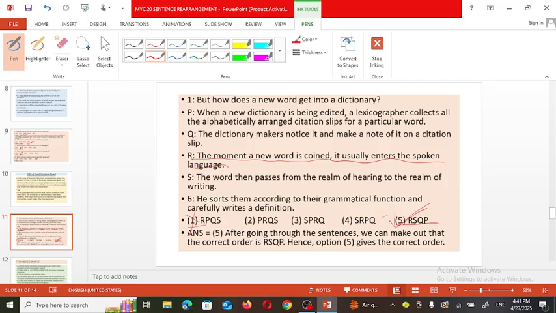So a very easy method is to compare the given options. Immediately after that, only these two options were open to us. And when we are going with the help of these given options, we are able to understand whether, if we make such an arrangement of the sentences, we will get a meaningful paragraph or not.